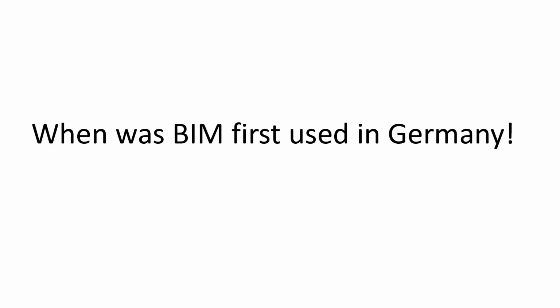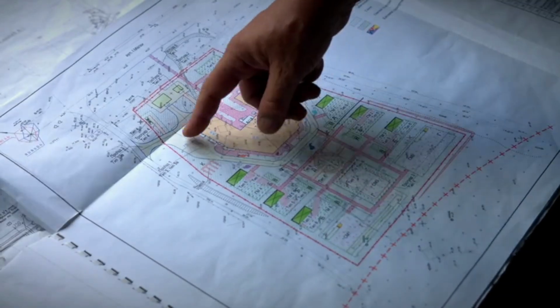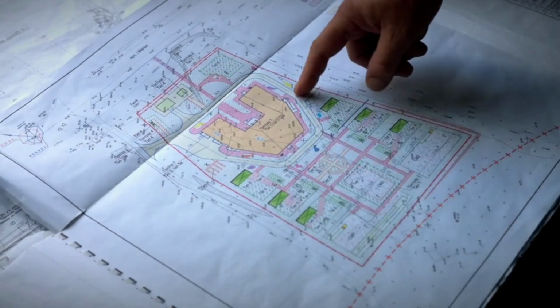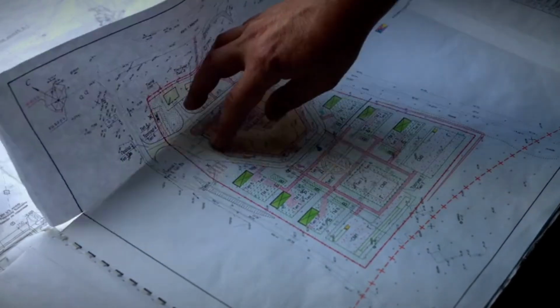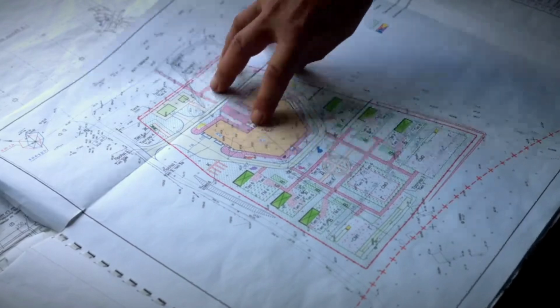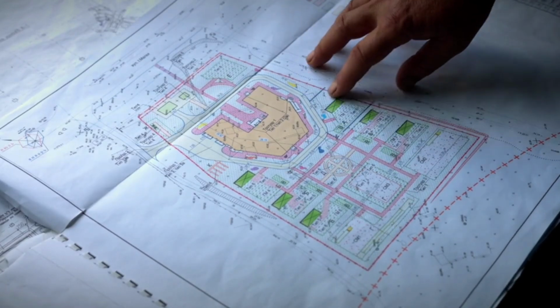When was BIM first used in Germany? 2006 to 2010. Early academic and pilot projects started exploring BIM concepts, especially in research institutions and private engineering firms. 2013. Major infrastructure projects like Stuttgart 21 and Frankfurt Airport expansions began using BIM processes, marking some of the earliest